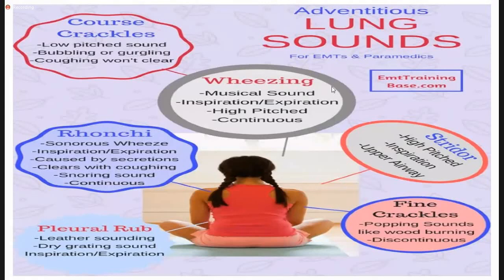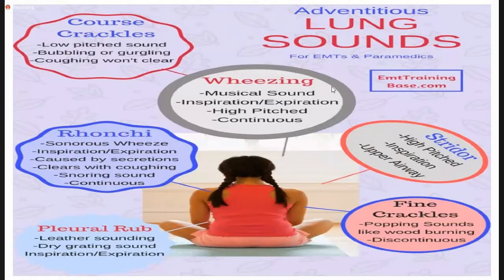Okay, when we are talking about the sounds, the normal vesicular breathing and bronchial breathing, there are certain added lung sounds: there's a wheezing sound, there's a stridor, there are rhonchi or crackles. So what are these? Basically, we start with the crackles. Crackles is a gurgling sound. Like if you have ever tried hearing the sound which comes out when you blow air in any fluid, the gurgling sound that comes are the crackles.